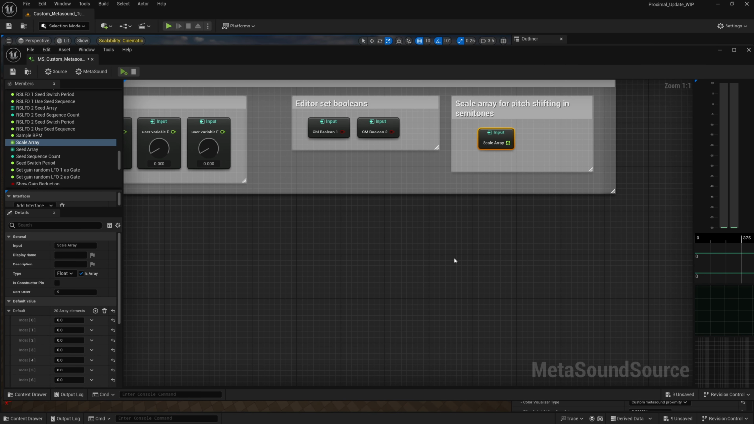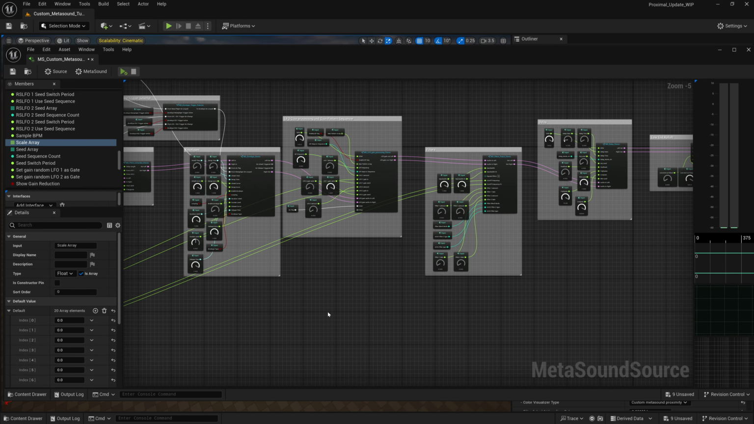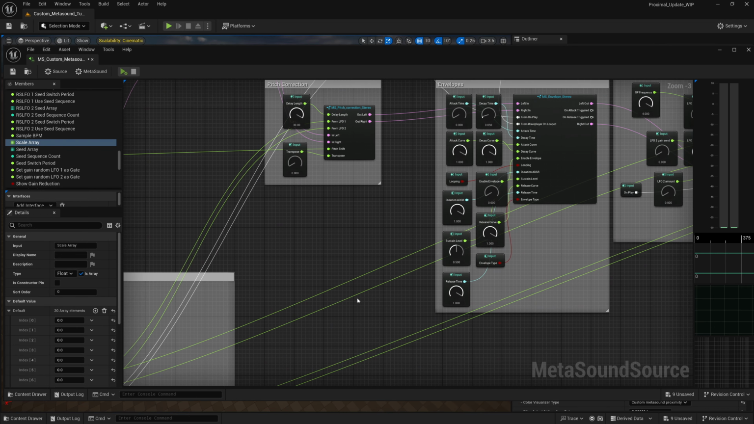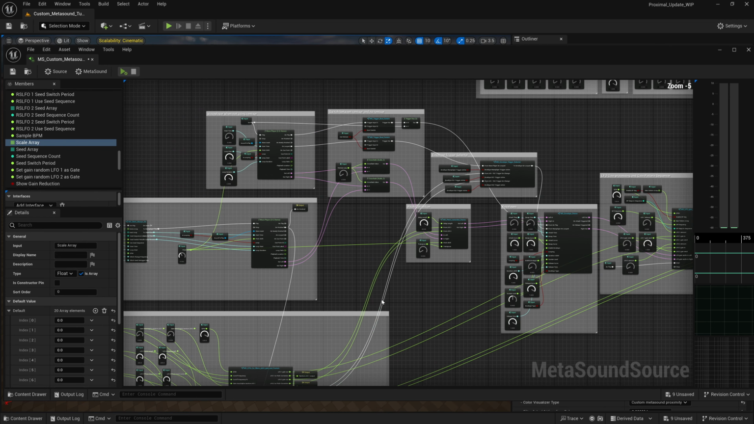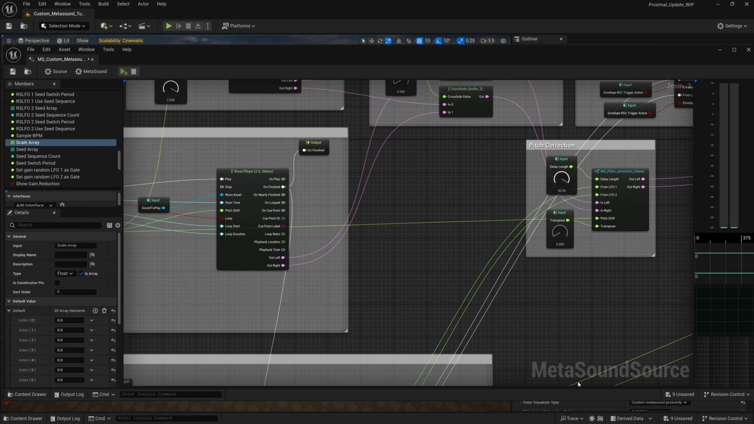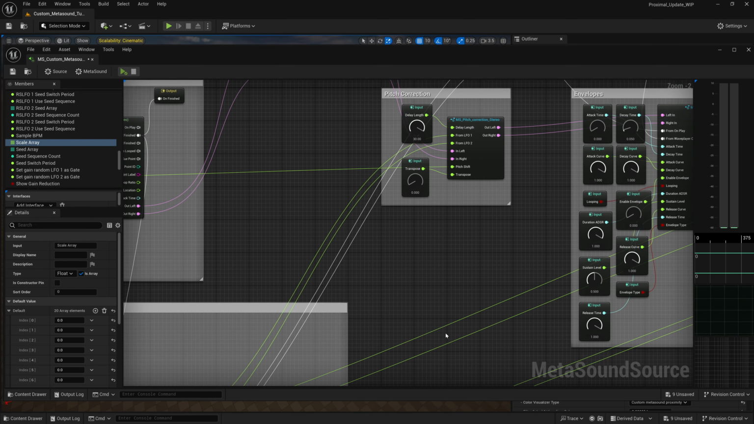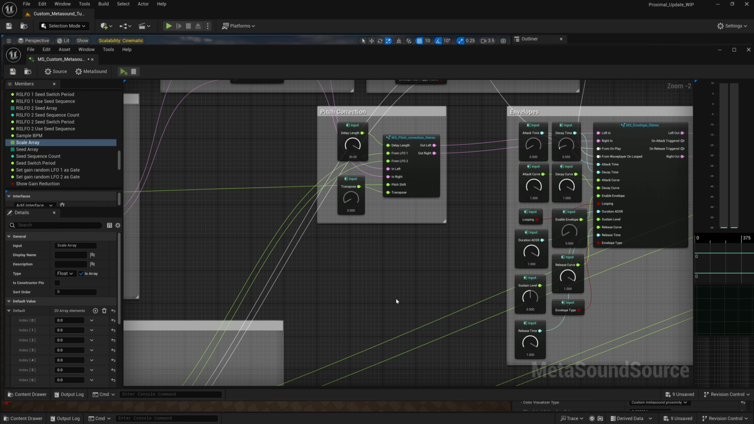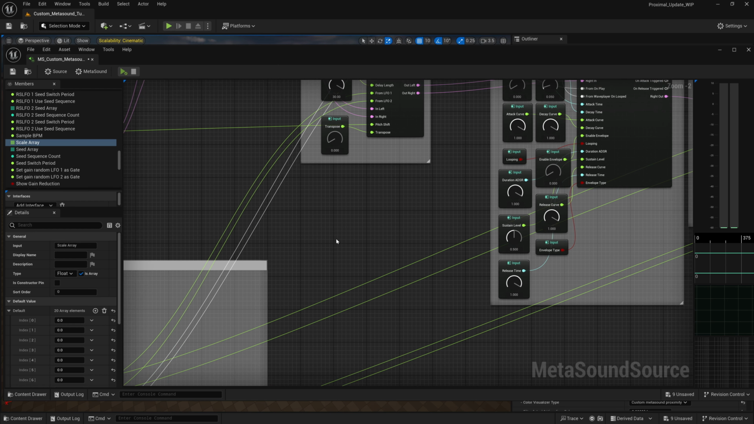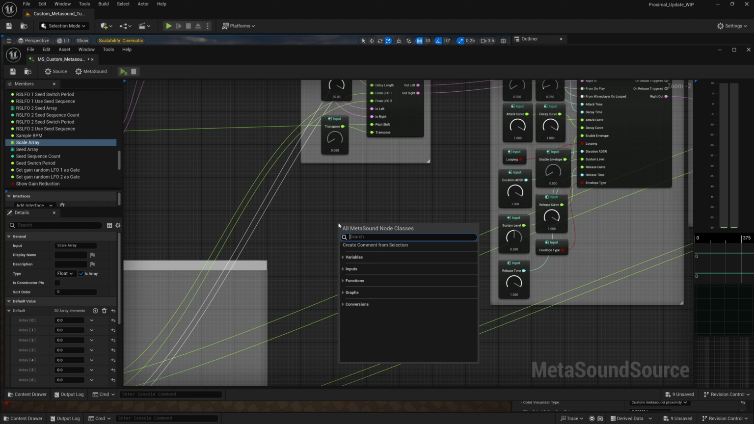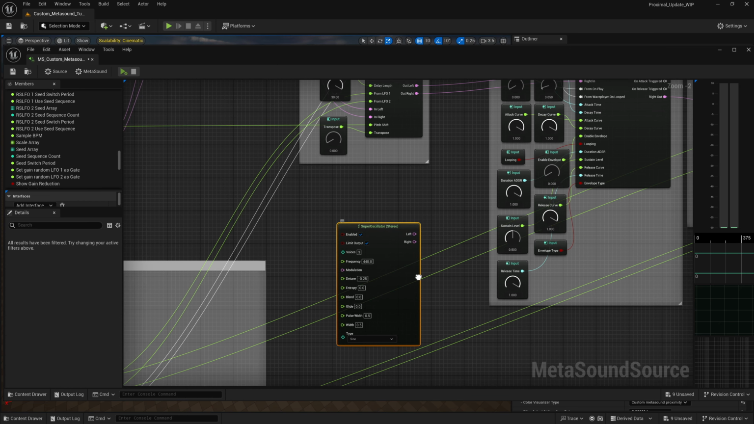Okay, so with that out of the way, what I thought it might be quite interesting to do is swap out the wave player for an oscillator and see if we can actually sort of turn it into a synthesizer. So the best one that I found to use, if you right click in the graph and type in oscillator, we've got this one, super oscillator stereo. So if we select that,